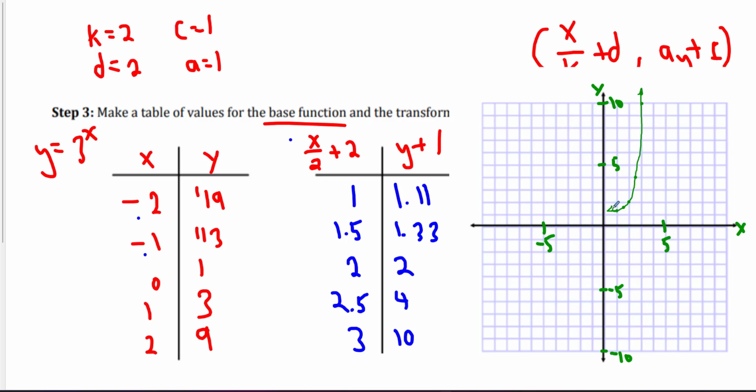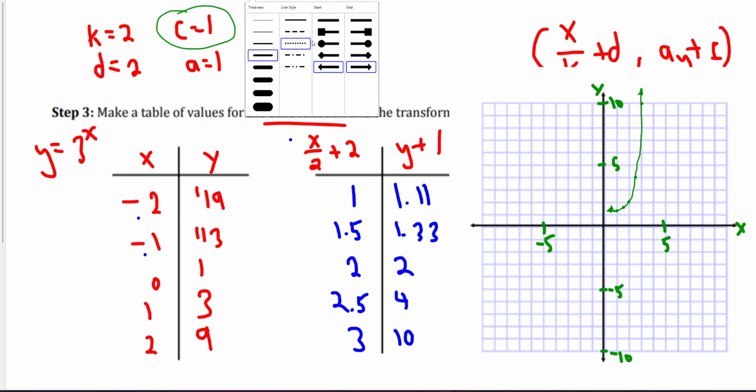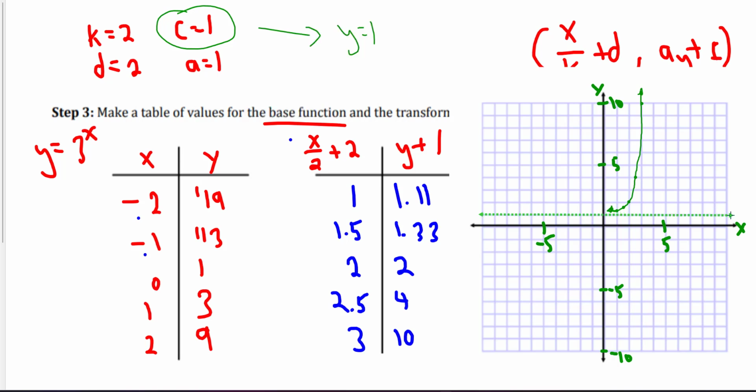Sometimes it's hard from the graph alone to tell where the asymptote is. So remember, always take a look at your c value. That is your asymptote. y equals 1 is my horizontal asymptote. So if I'm looking at my c value, the horizontal asymptote is at y equals 1. So this is how you would draw it. If you want to extend it, you can extend it a bit. But yeah, be careful not to do what I did, and that's